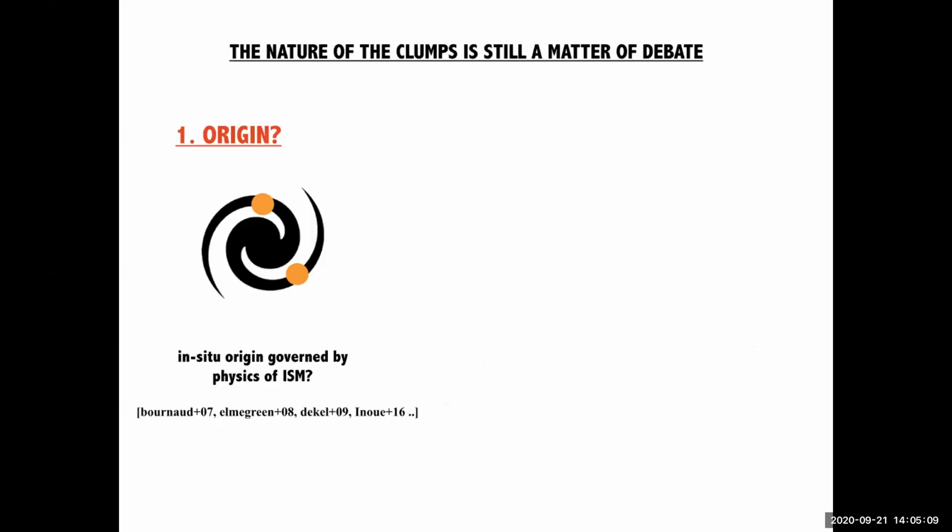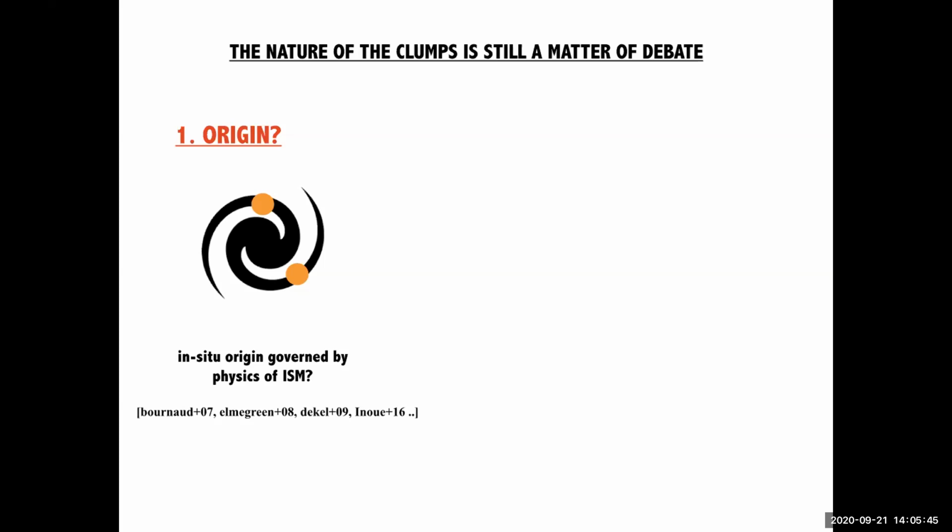In particular, there are several questions. I'm going briefly over these. There's a lot of literature on the topic, but there are several issues. For example, what's the origin of these clumps? Are they formed in situ within the galaxy, because high redshift galaxies have more gas and also more turbulence, creating conditions in the ISM to form these massive clumps? There are simulations showing that in an unstable disk you can indeed create this gravitational collapse